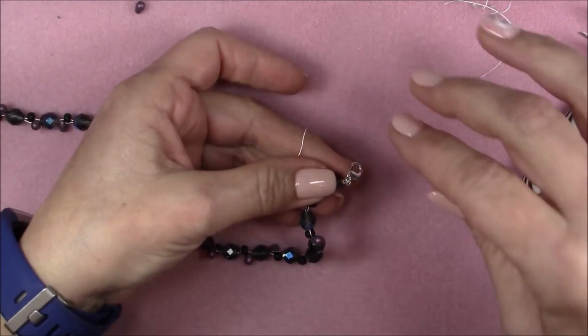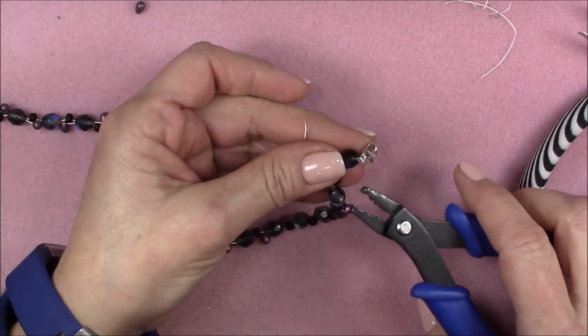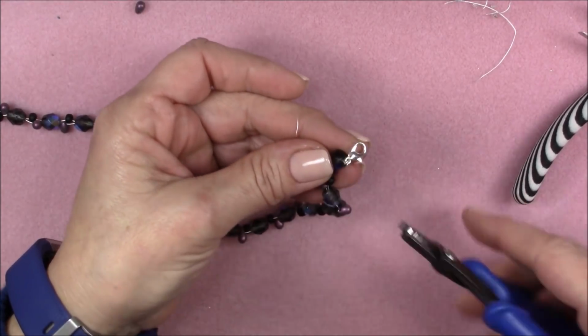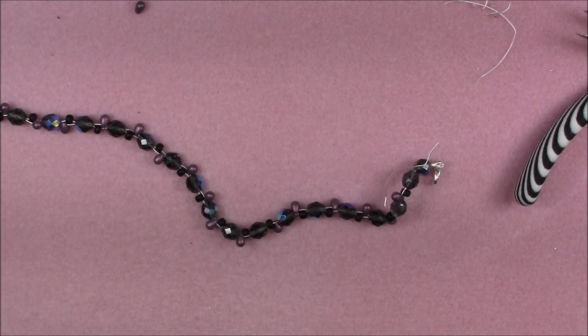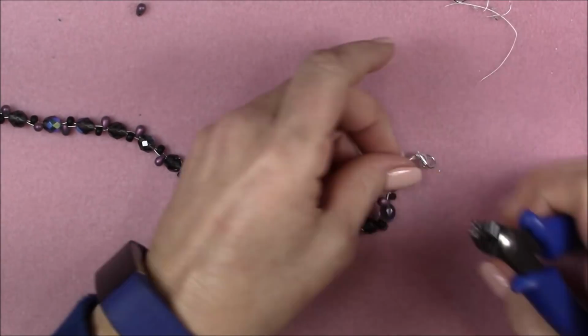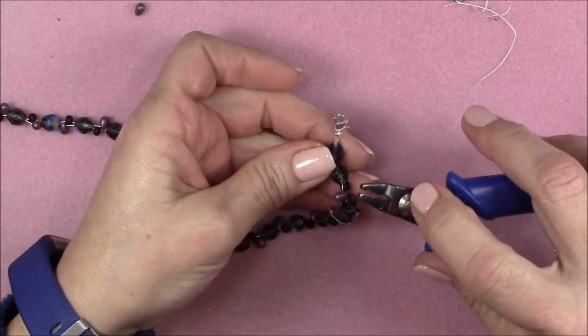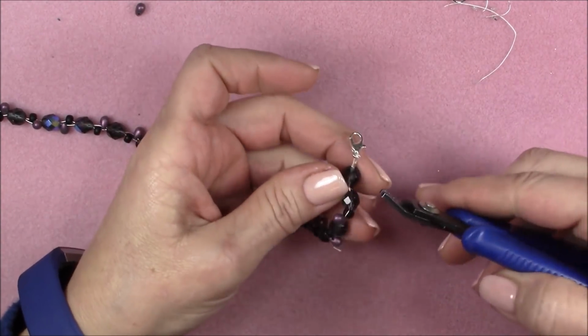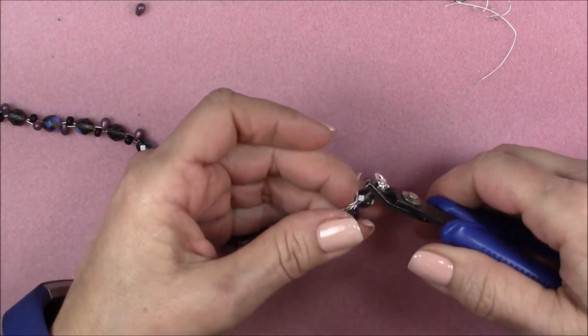So I'm going to grab my crimping pliers and I am going to position them. This is a mighty crimper. I need a regular size crimping plier. Okay, here we go. I have several sizes of crimp pliers, so let me grab this, and I am going to go into the second divot of my crimping pliers, placing the flat side against the bead, and I'm going